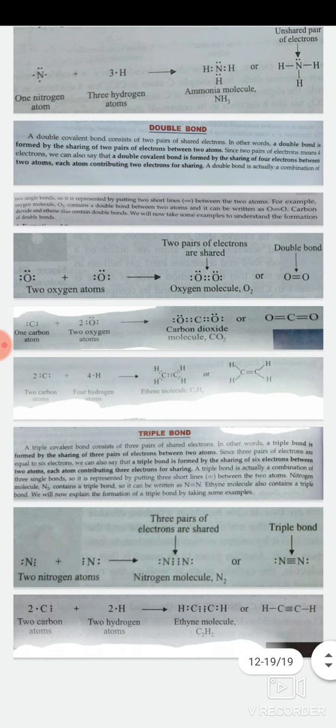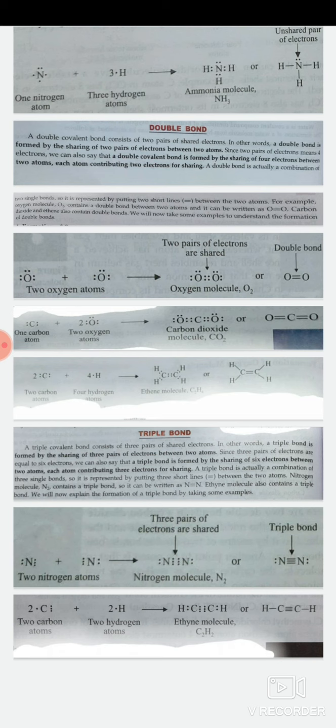Okay. Now formation of carbon dioxide. Carbon is tetravalent, oxygen has 6 electrons. So 2 oxygen atoms are sharing 2 electrons, right? Therefore carbon is the central atom. So from both sides, 2 electrons are shared by each oxygen atom, and therefore carbon completes its octet and oxygen also. So this way there is sharing of 2 electrons, and therefore carbon and oxygen form a double bond.